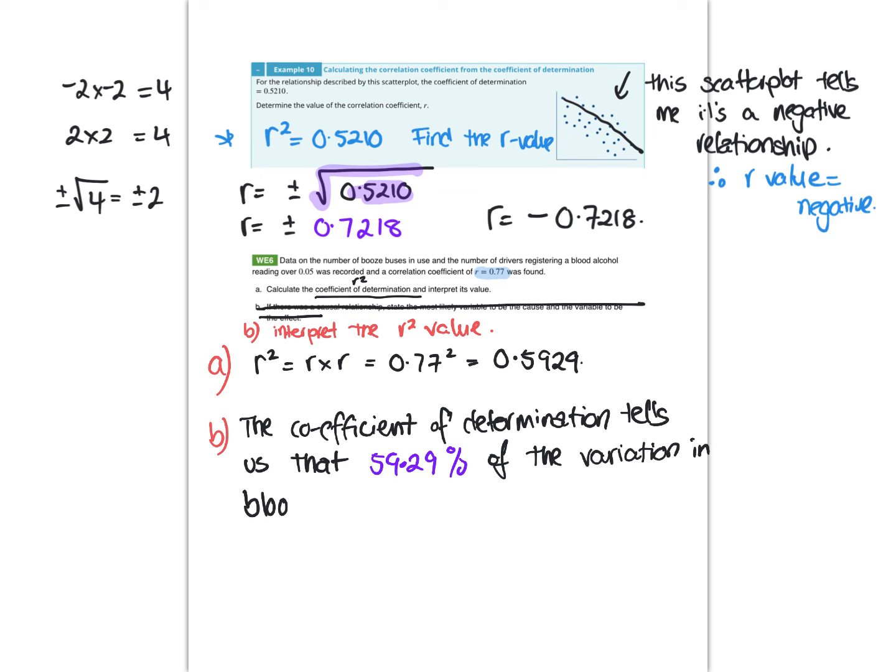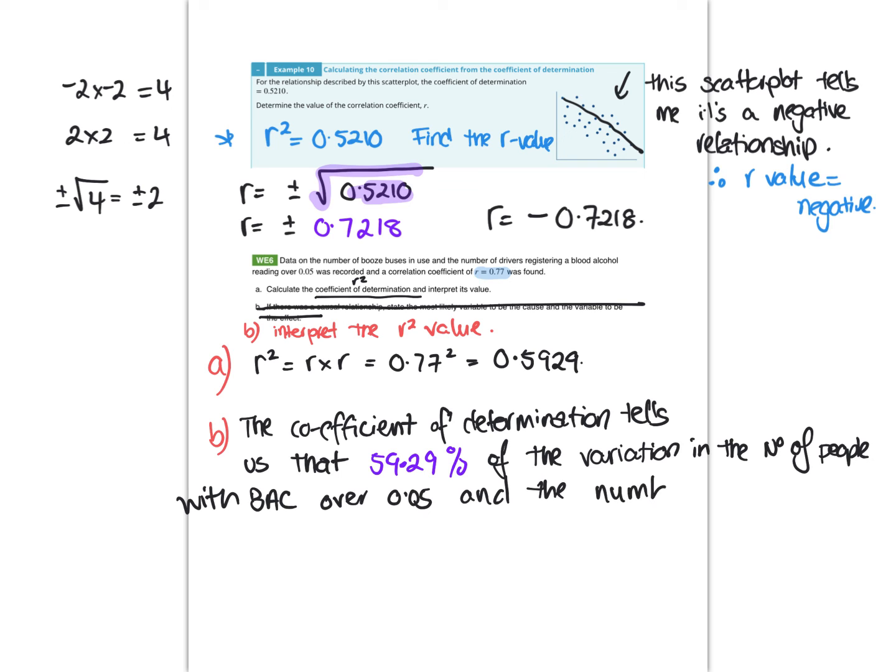I'm going to just say BAC, or what is it? No, B. I think it's BAC, isn't it? Yeah, blood alcohol content. So the variation in blood alcohol content, or in the number of people with blood alcohol over 0.05. So that was, and the number of booze buses. So that,